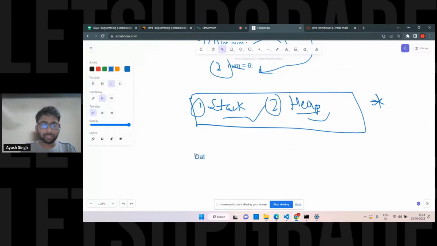This is again simple, because Java is obviously a real-world language. Everything related to the real world is there. That's the OOPs concept. But in data types, I'll talk in simple language. You have two types: primitive, and non-primitive, or I'll say derived.